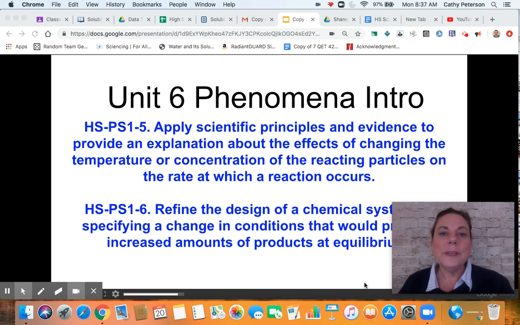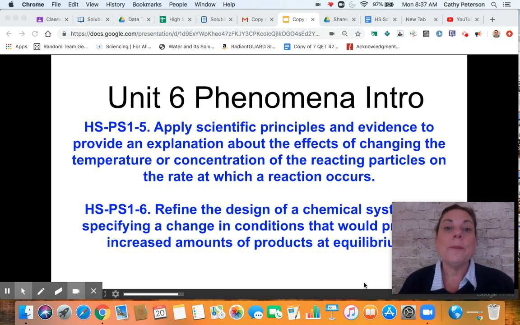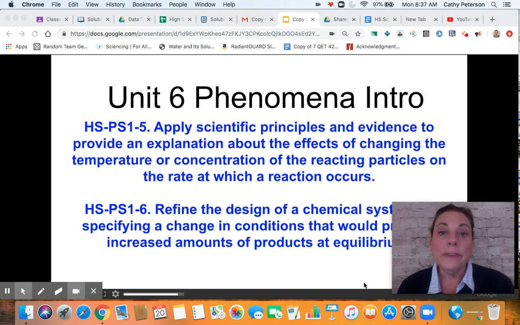We are going to be starting Unit 6 this week. I am going to have a nice tie-in with Unit 5 and solubility, how things dissolve. Unit 6 actually talks about kinetic molecular theory, rates of reaction, equilibrium reaction, and Le Chatelier's principle, and then it ends with gas laws. Unit 7 will be about thermochemistry. So there's quite a bit of overlap in what we're doing here, especially since you'll see in today's little video,